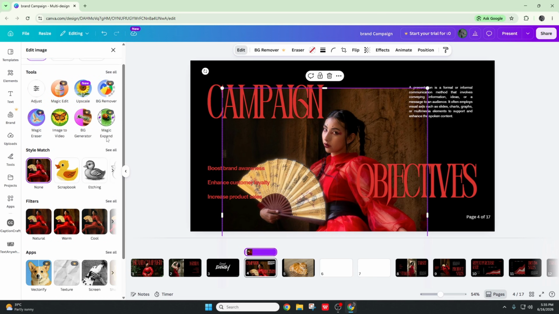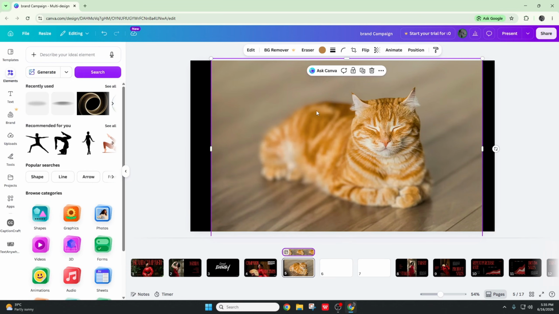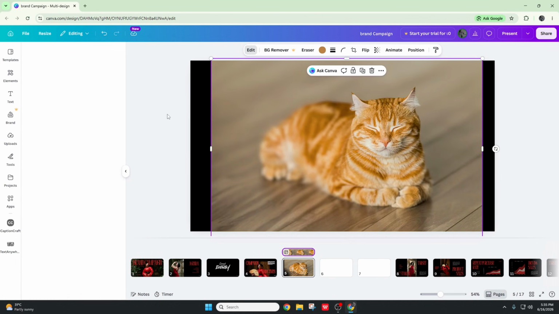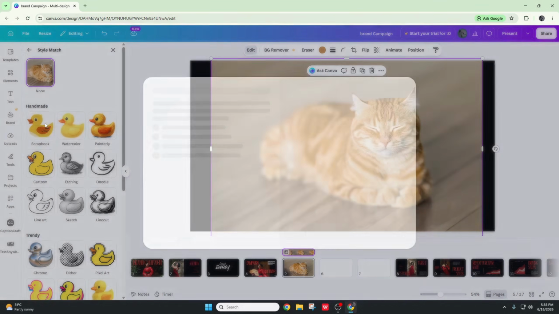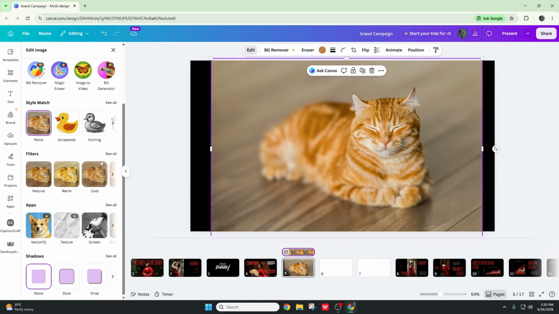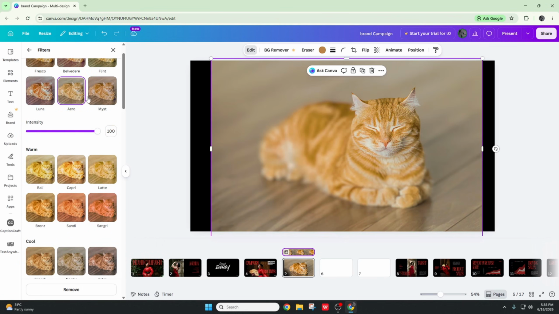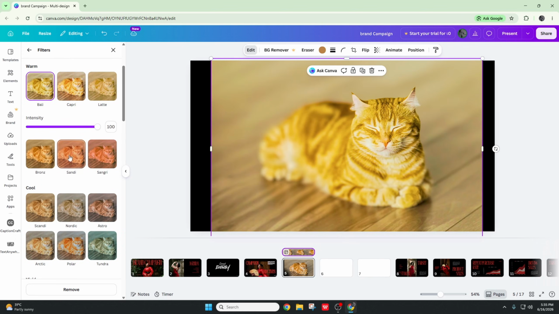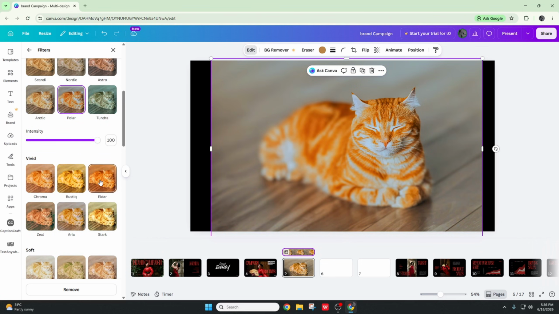So these are the tools you can use, and there is a lot of style here. Let's go to the cat image again, and let's click edit, and let's see all the styles here. So if we click on the scrapbook, okay, so these are all premium features. So you can use filters. These are not premium features. These are all photo filters that you can use in your image. If you import or export any image from here,